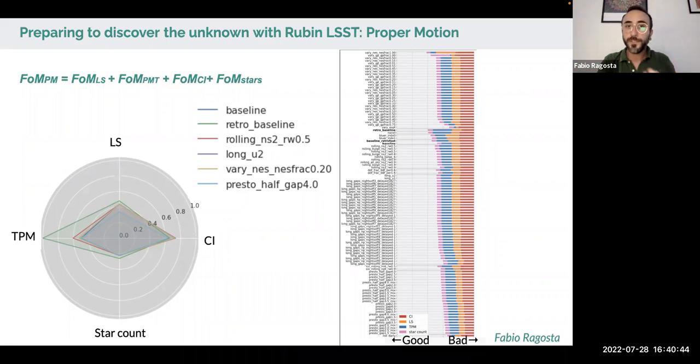Finally, the ability to detect proper motion anomalies should scale with the number of objects observed. So the last piece we added to our metrics is the star count. As shown by Xiaolong, we also converge all the information in the radar plot, as with the bar plot, where the metrics are split by metric family, and for each OPSIM family, the OPSIMs are sorted by our figure of merit. Due to the metric design, the likelihood score is strictly correlated to the proper motion uncertainties.